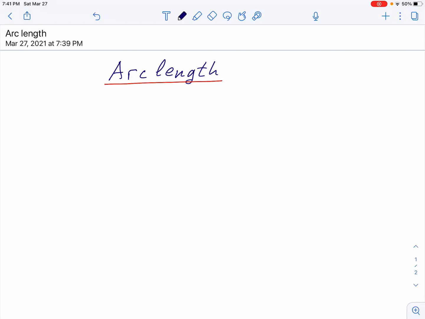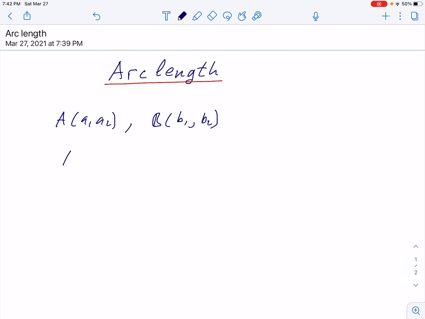Hello, we continue with parametric equations and today we shall discuss arc length. Let me remind you the formula for distance between 2 points in the plane, the length of the segment between 2 points. So if we have a point A with coordinates A1, A2, and a point B with coordinates B1, B2,